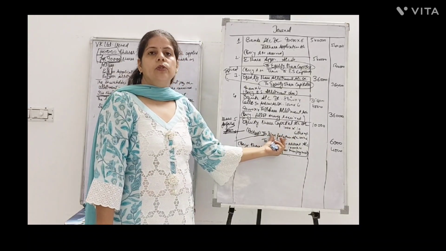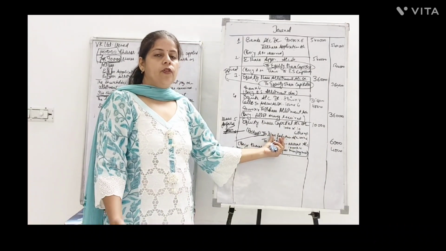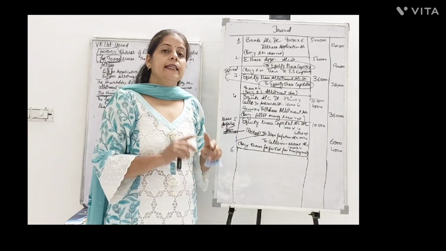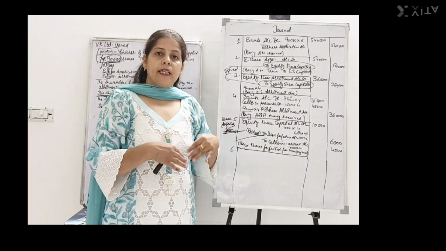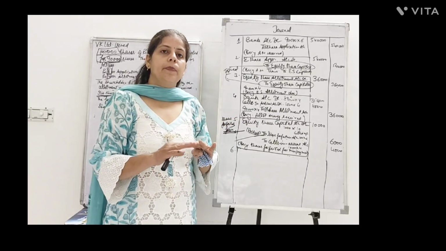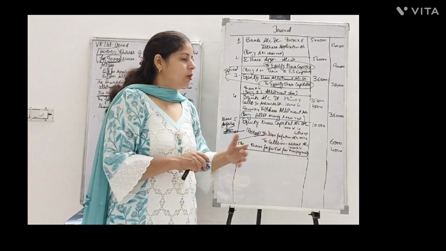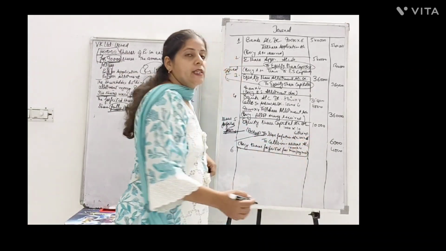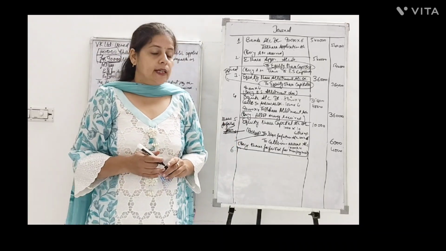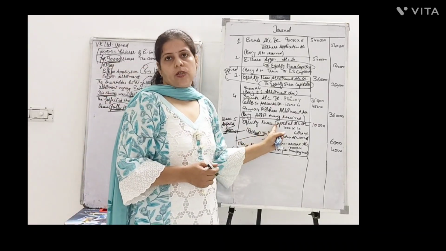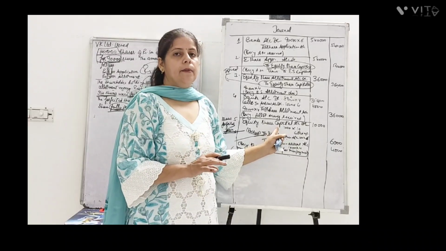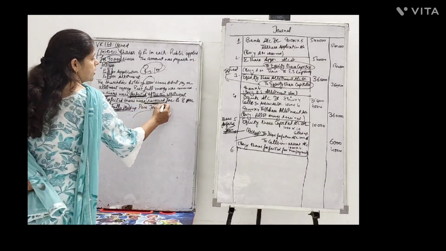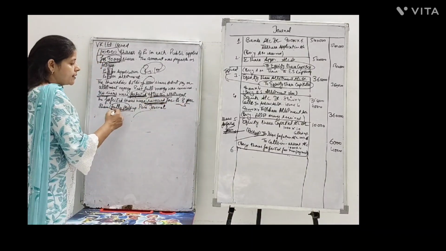This share forfeiture account shows the gain to the company on the forfeiture of the shares, because the company is getting back their shares, and they are also keeping the money with themselves which had been paid earlier. Here the shareholder had paid application money of rupees 6. This 6 rupees was also kept by the company, and the shares were also brought back by the company. So now these shares, he says, were again reissued in the market, but at a lesser value